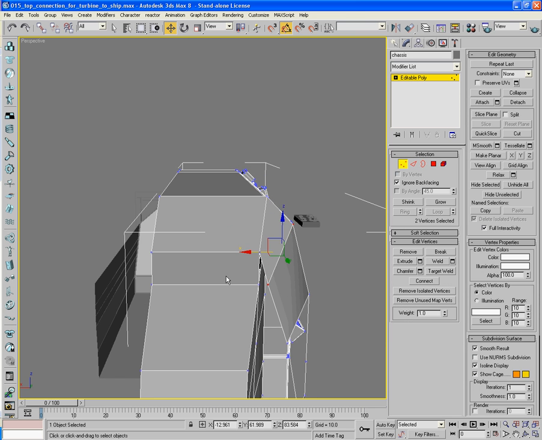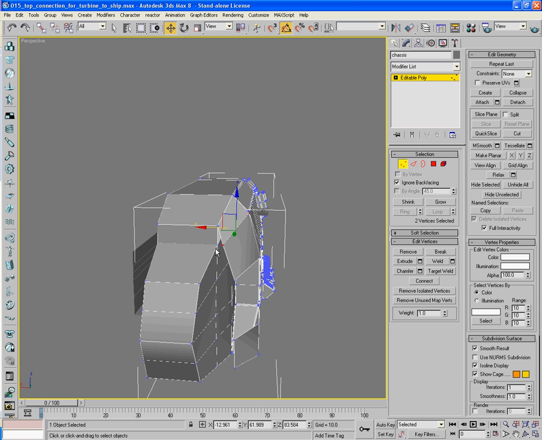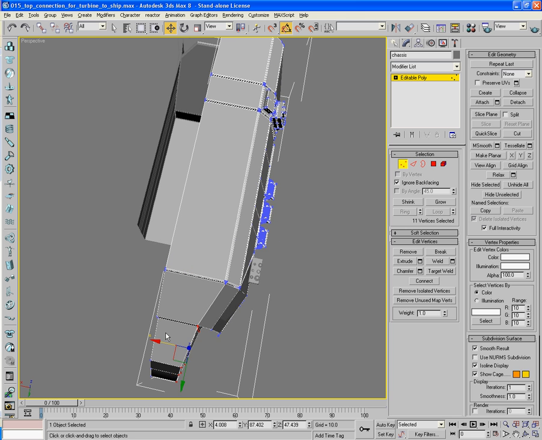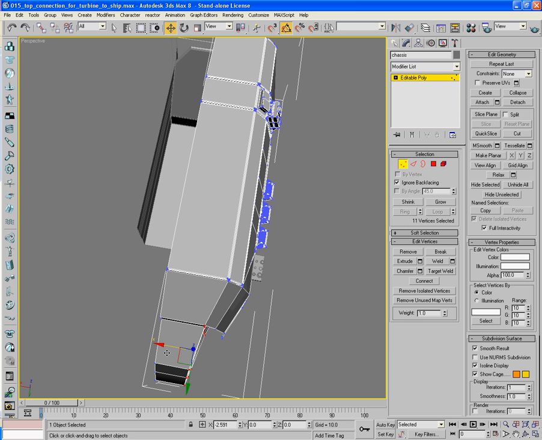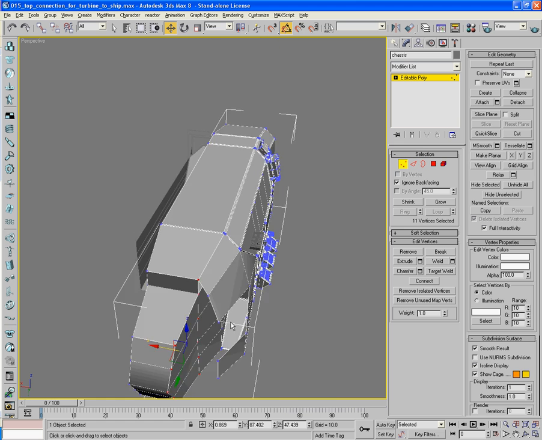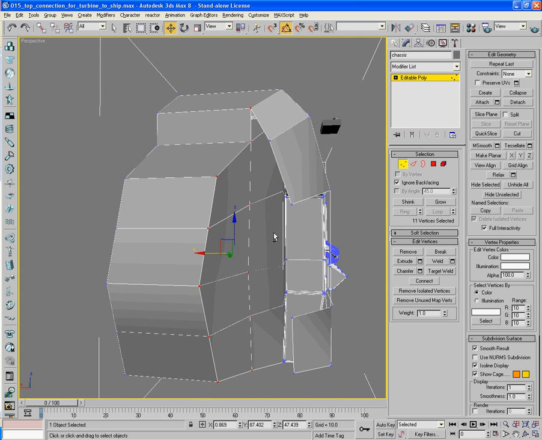I think I'm going to move these in a bit. So I'm just going to grab all these verts down this side and just narrow them in, otherwise we're going to have far too wide a cockpit area anyway. There we go. Possibly a little bit less. There. That's slightly better. Now then over here,